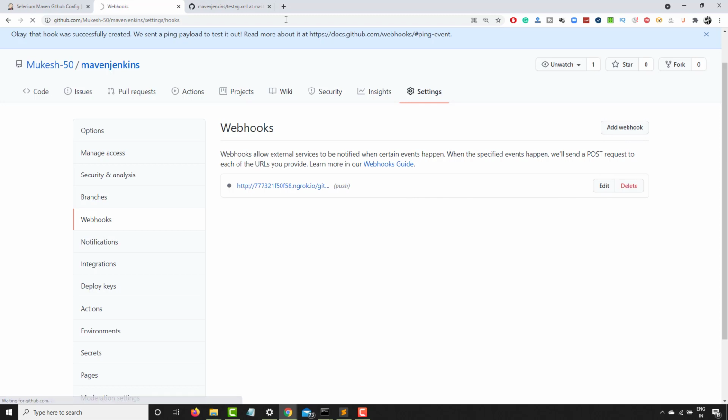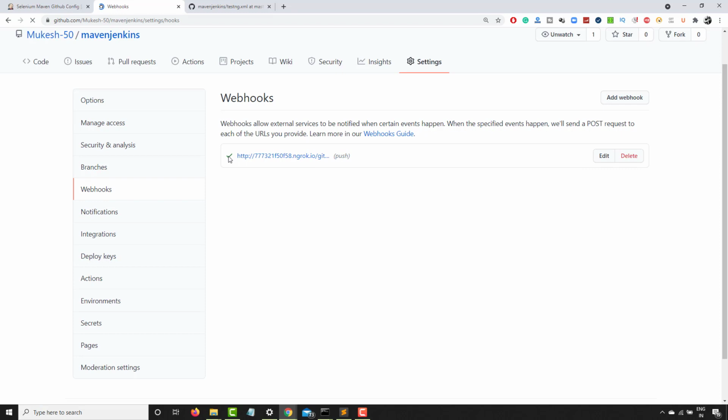If you just refresh your page, you can see this is connected, right? So you will get this check mark. You can add n number of webhooks, depends on your usage. As of now this webhook is configured for push, but suppose if you want to configure any other webhooks, you can do that. Now since this is running in my local system, I need ngrok so that I can make it publicly available, which can be configured here.